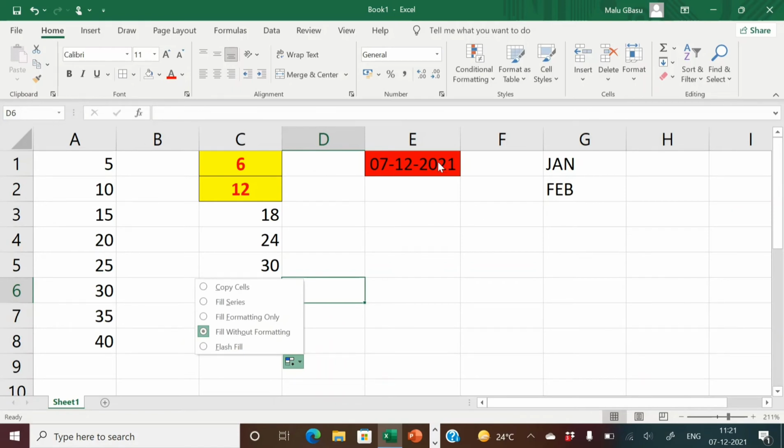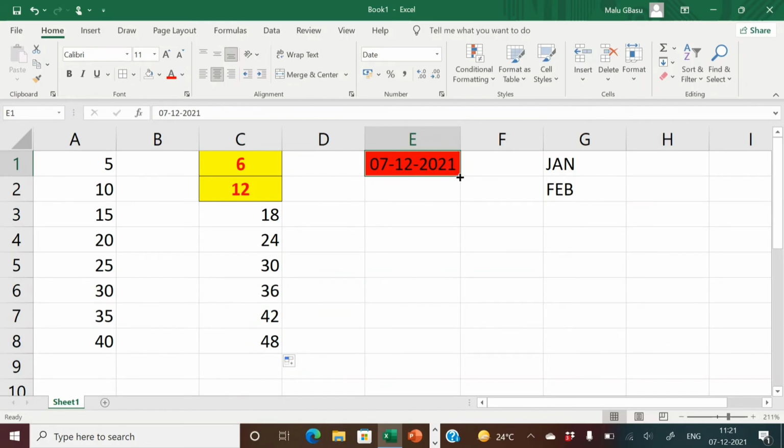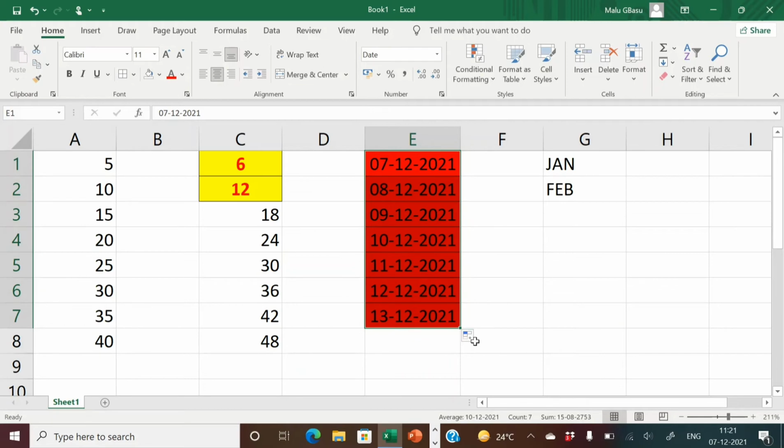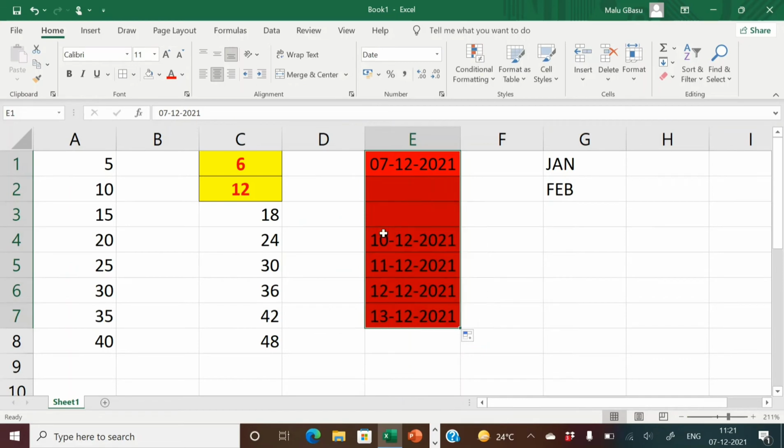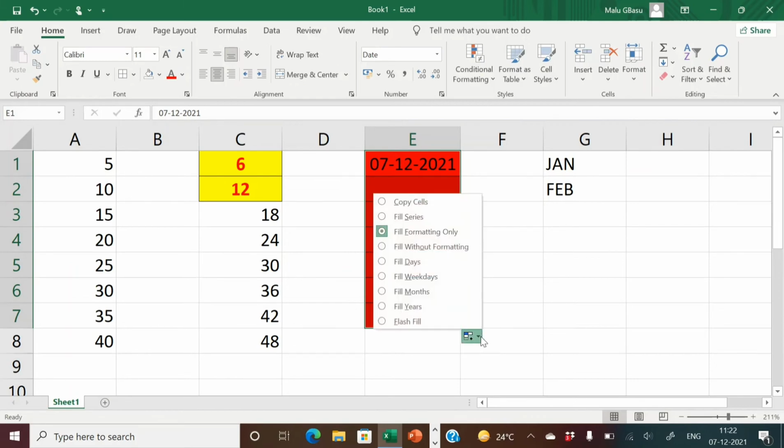Now coming to the next part. Again I will drag it over here. Now again I will go to this icon and click on the drop down arrow, and this time I will select fill formatting only. Let me see what happens. Only the formatting part got filled up, not the data, because I selected the option fill formatting only.